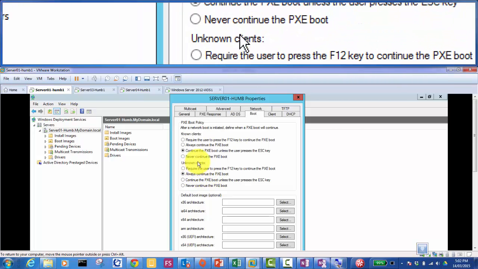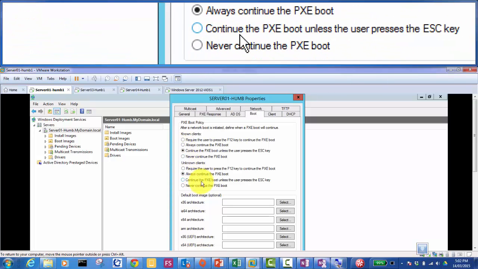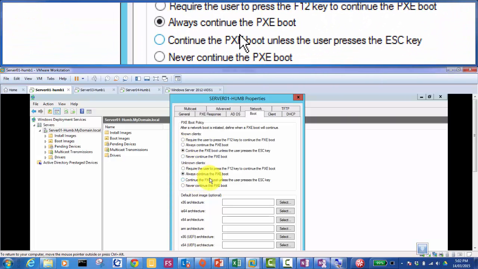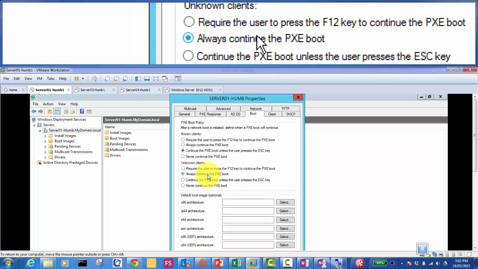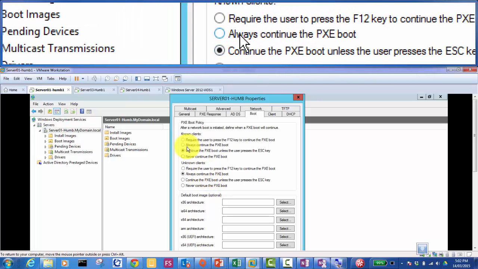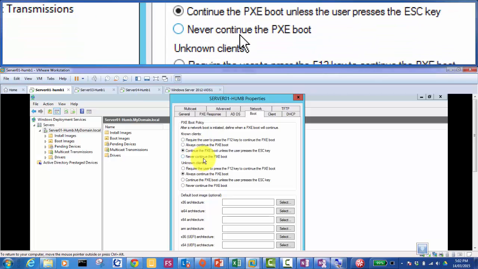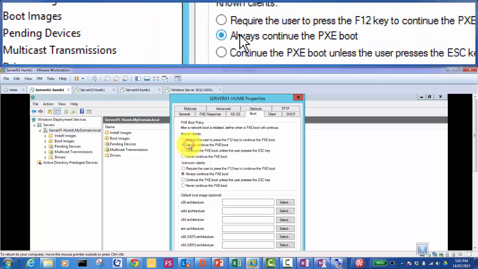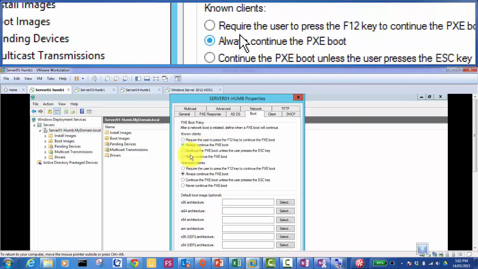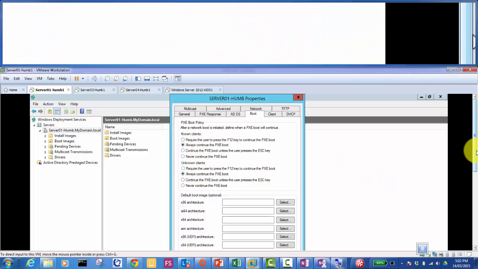For unknown client, which is our case, go for always continue PXE boot. We are forcing it to ask for DHCP, look for a DHCP and then go for that WDS. So this option on the server side is done for both known and unknown clients now, and click apply